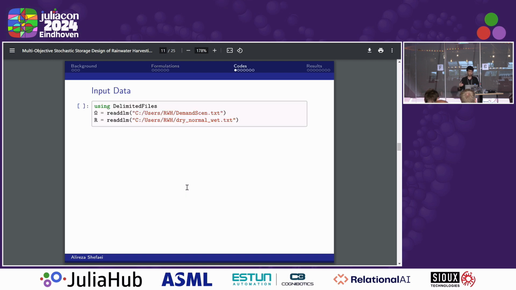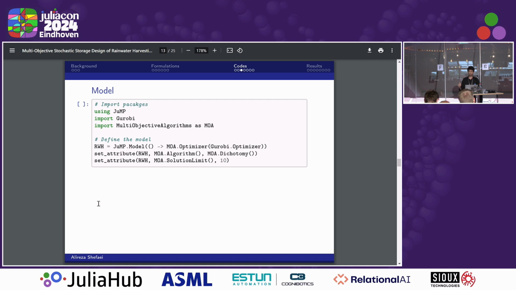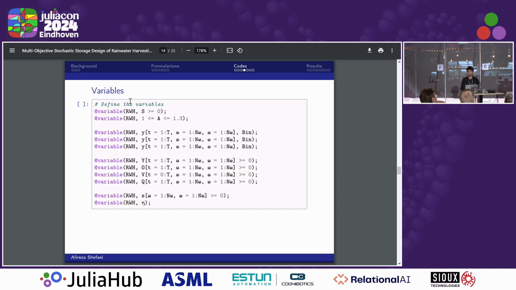As for the coding in Julia, we read the data using the DelimitedFiles package. Then we define the parameters and initialize them, and for changing between the risk neutral and risk averse, we change the beta parameter to 0 and 1 respectively. And then we import the required packages, which are JuMP and the MultiObjectiveAlgorithms package. And then we define the planning variables, the binary and control variables,